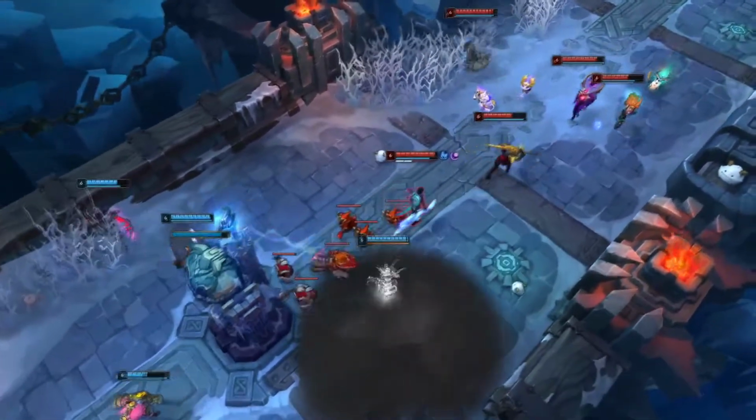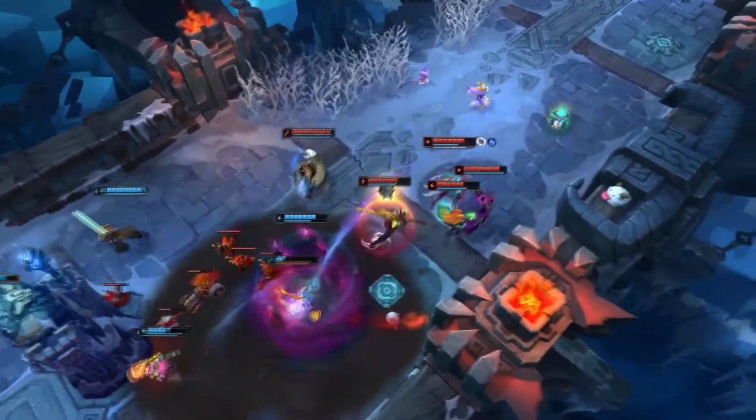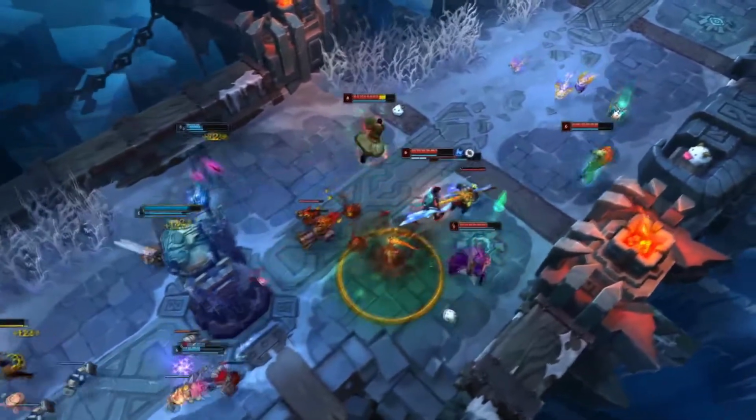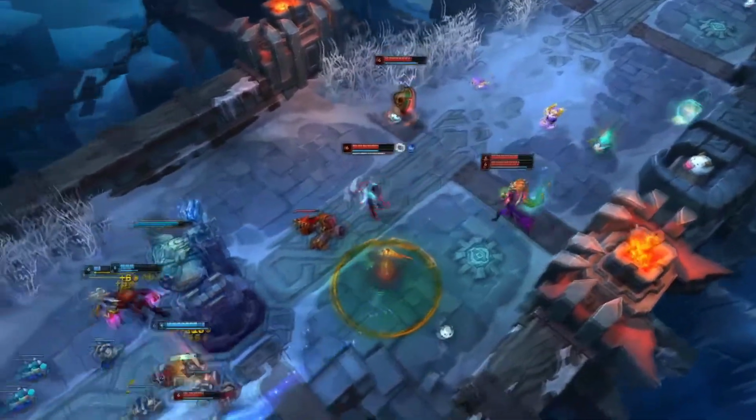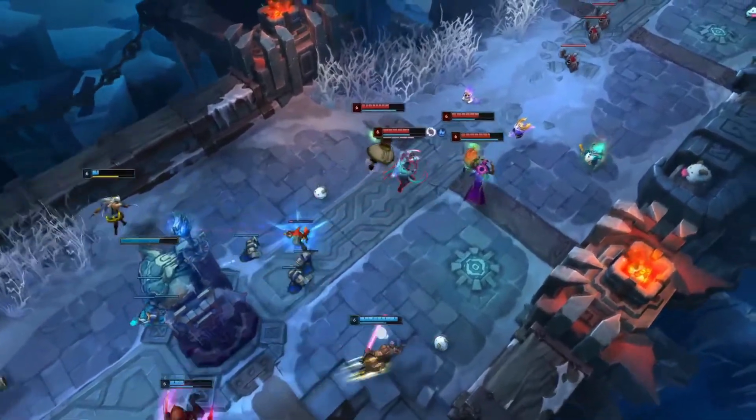accessing them. And then Kraken Slayer is really good against tanks because of the true damage, but also because of the attack speed, because the more attack speed you have, your attacks will be happening faster, allowing you to stack your passive faster, allowing you to do more true damage, and just overall doing more damage to tanks so you